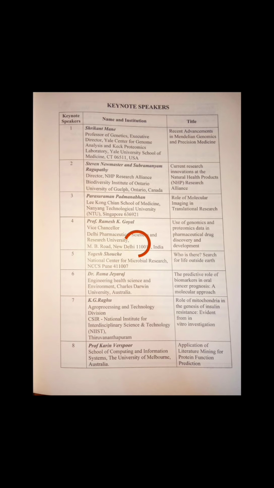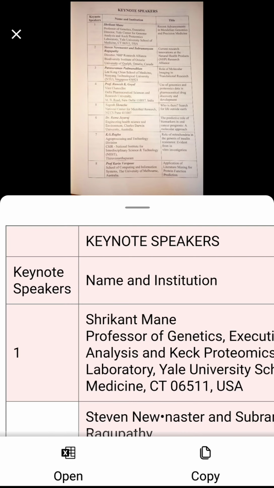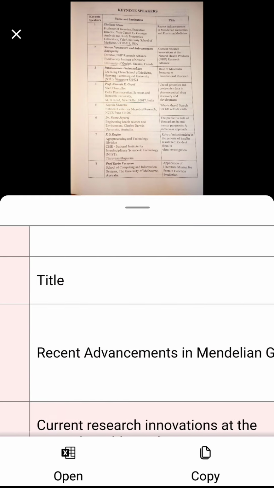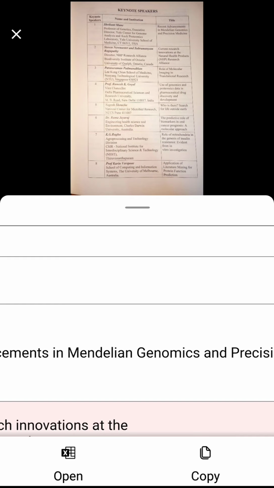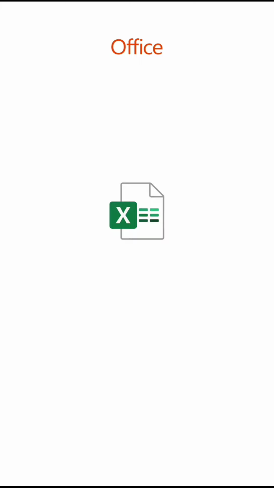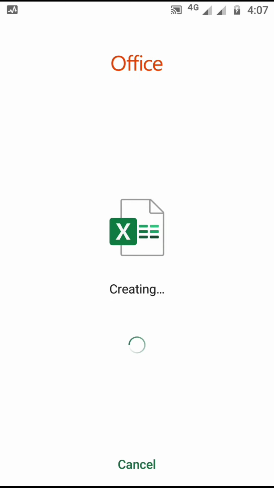Waiting for that. It will take some time, because converting Word is an easy process, but converting a table is a slightly time-taking process. Just opening the Excel.